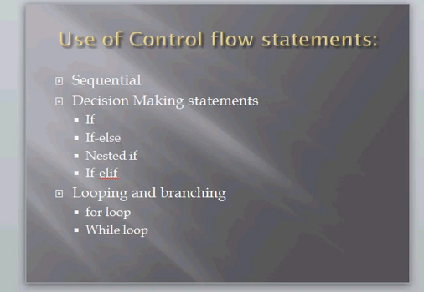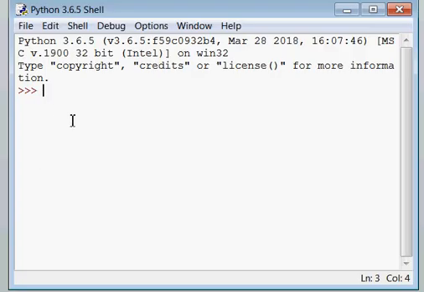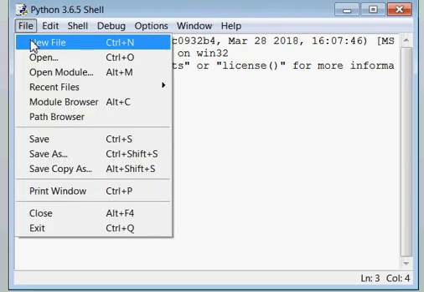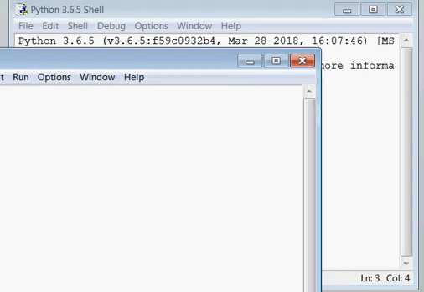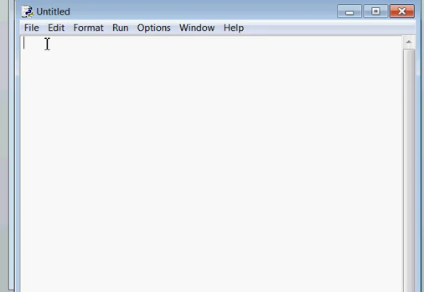First is sequential. I can explain it here using script mode. You can use it in interactive mode also, but we would prefer strict script mode.